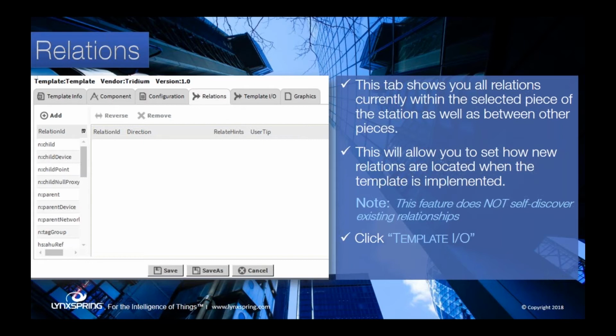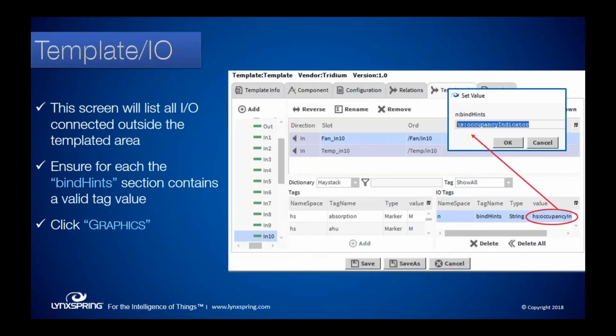Our template IO, on the other hand, works very, very well. This is where it will keep those connections like Mark told you. Any external links, so links between items going outside of this folder, will automatically show up here. We can also create additional links by double-clicking on that left side under the add. What this does is it will go out and it uses your tagging scheme to find those external points.